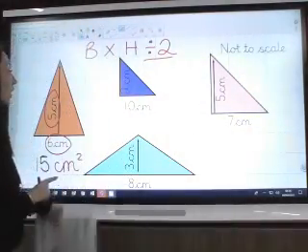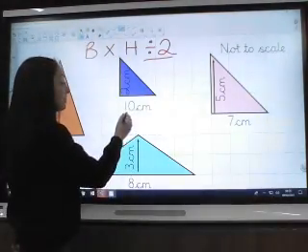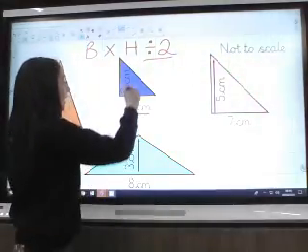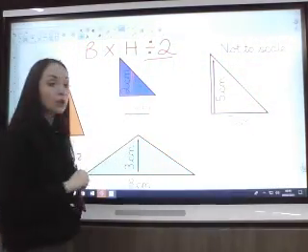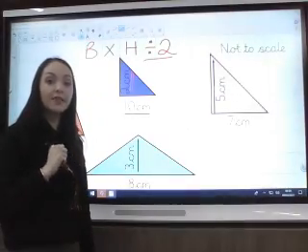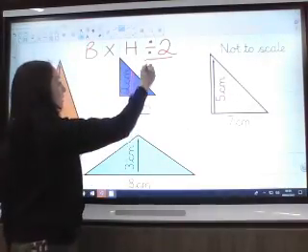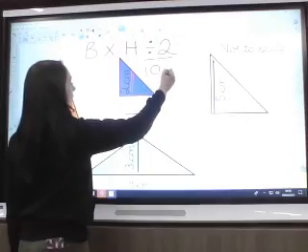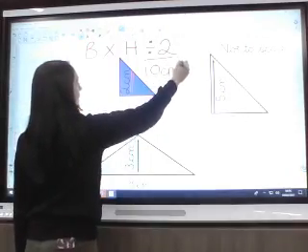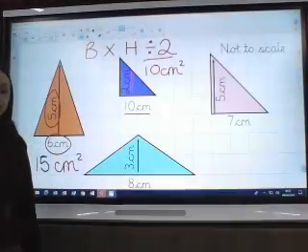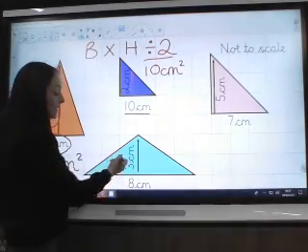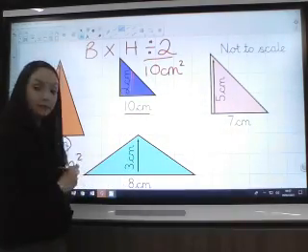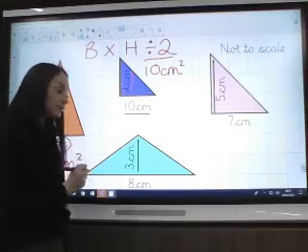Okay, let's have a look at this blue one then. So the base is 10 and the height is 2. So you do 10 times 2, which is 20, and then you would divide it by 2. So the area of this one would be 10 centimetres squared. Okay, this one then, you'd do 8 times 3, which is 24, and then you do half of 24